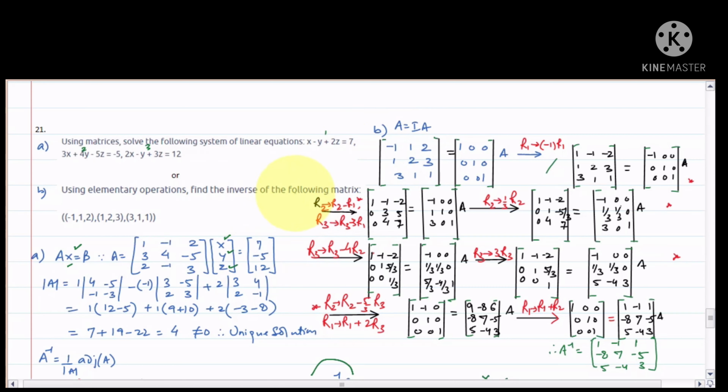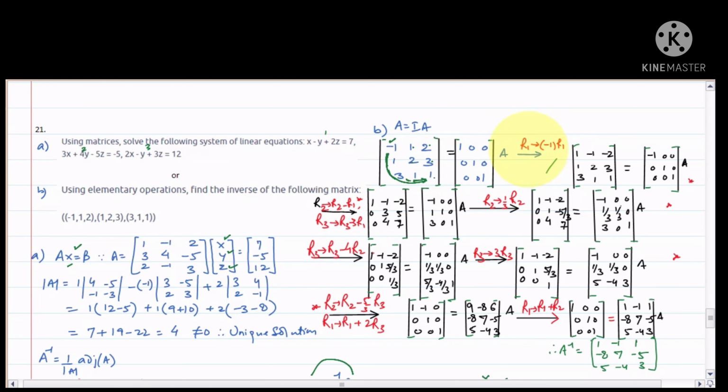And find the inverse of the following matrix. So we are given the matrix over here. We'll be writing it as A is equal to I into A, and we'll try to transform it in such a way that I get the identity matrix on the left hand side. And the way of doing it is, first I'll change this to 1, make it 0 0, right? And I'll be going in cyclic fashion. That means it will become 0, it will become 1, then 0, I'll try to make it 1, and it will be 0, and it will be 0. So I'll be going in this cyclic fashion to convert all the elements corresponding to the identity matrix.